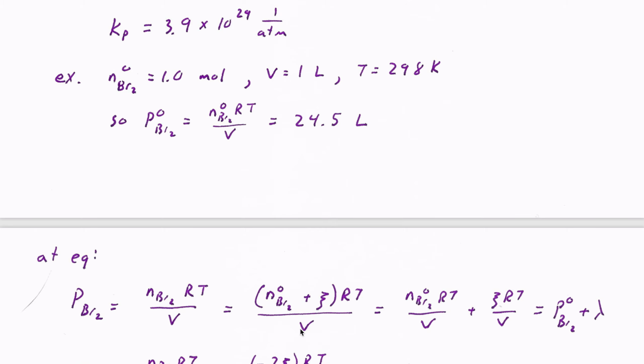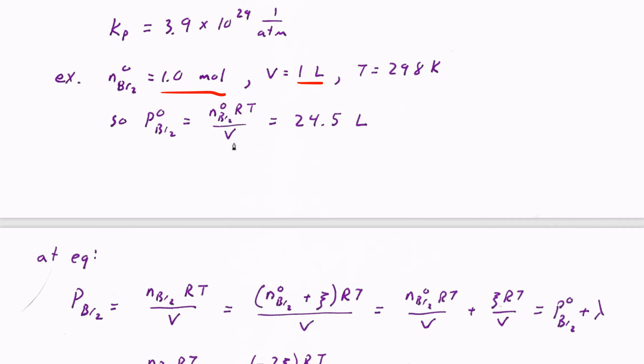So to see how that works, we can repeat the numerical example we've done before. Let's say we have put 1 mole of bromine gas into a box with volume 1 liter at 298 Kelvin. But we want to work this not in terms of molecules, not in terms of moles, but in terms of pressures. So the initial pressure of the Br2 gas is